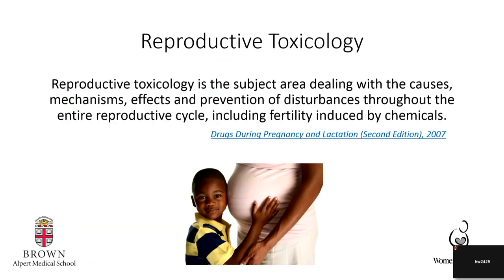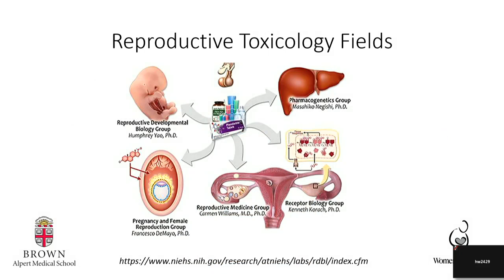So I entered the field of reproductive toxicology because I was interested in doing much more than just preserving the fertility of these women, but how can we preserve their ovarian function? And so reproductive toxicology is much more than chemotherapy. There's many more things that are included in that. And so there's a whole different subset of fields, and this is a slide from NIEHS, and I specifically concentrate,